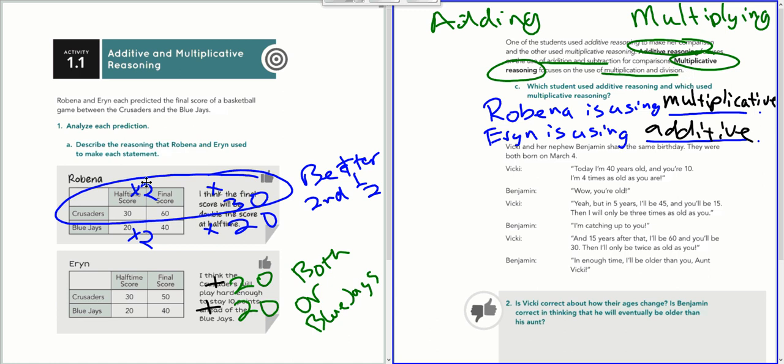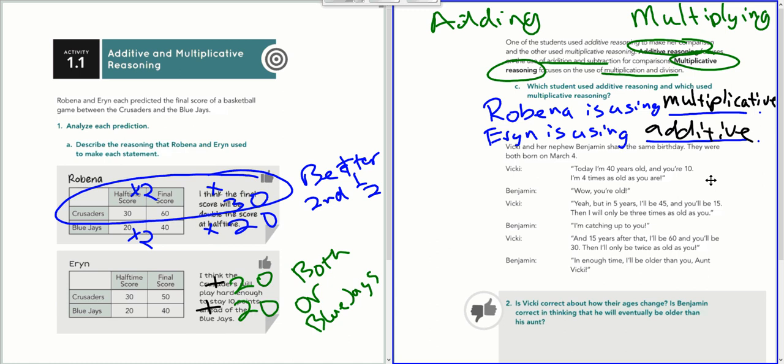All right, so looking at Robina, yes, she added 30 points to the Crusader score and 20 points to the Blue Jay score. But some students pointed out, if we multiply the first half score by 2, we get their second half score. And that's true in both cases, Crusaders and Blue Jays. So for that reason, I think Robina is using multiplicative reasoning. And then Aaron, since you can add 20 points to both teams for their second half score, I think she's using an additive